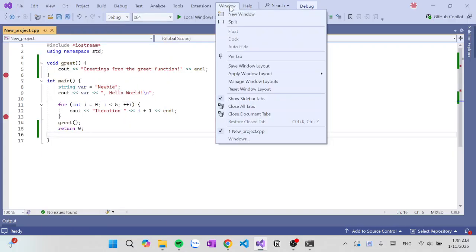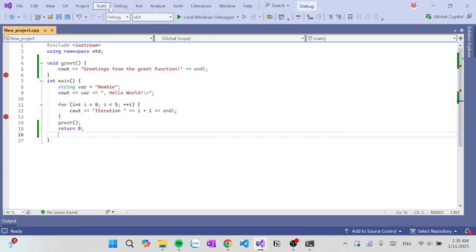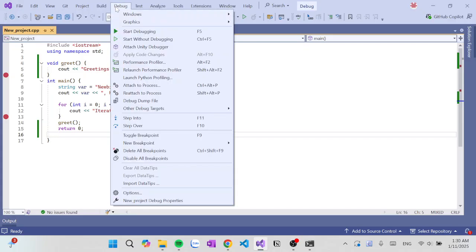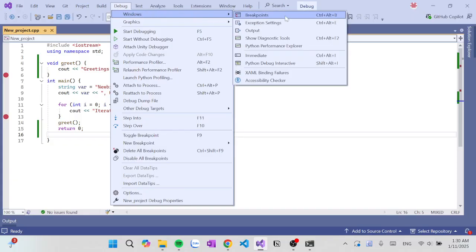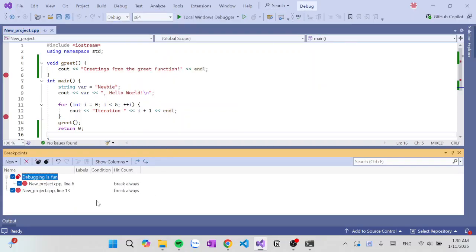It's not here, then it's there. Windows here and breakpoints. We open it. So this is the breakpoints window. You can see here, this is the breakpoint group, debugging is fun, and these are the breakpoints that we have already added to the debugging is fun group.